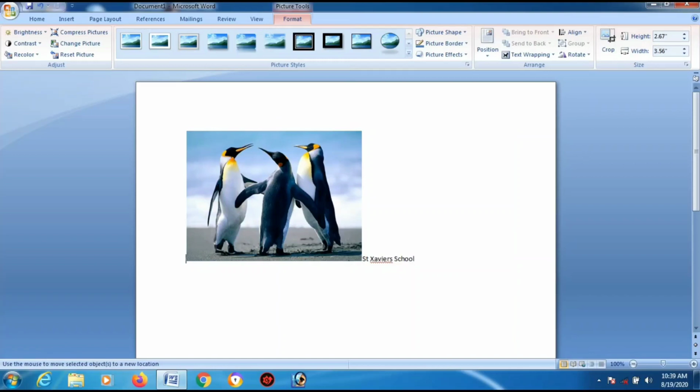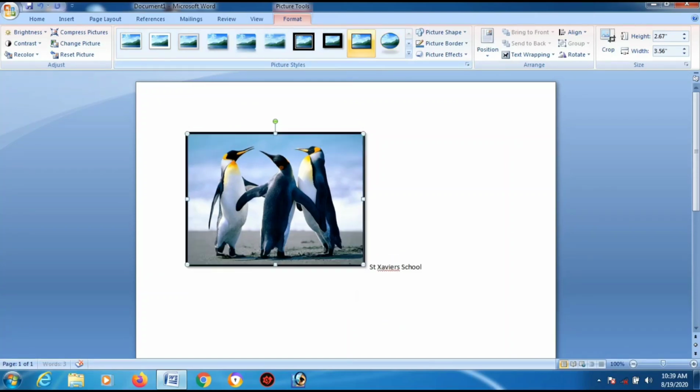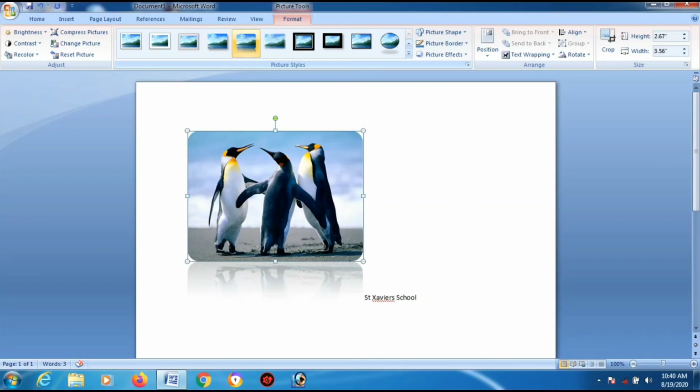See, it got reduced. And if you want to make it move here and there, that's also quite possible. You can make it move. One more thing, if you want to change the shape to something like this, or something like this, it's also possible. This is the frame. You can change the frame. See, a transparent frame is also present. Some frames like this are also present where shadows are dropping.